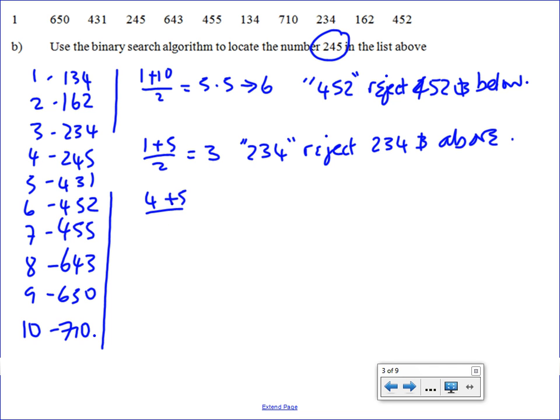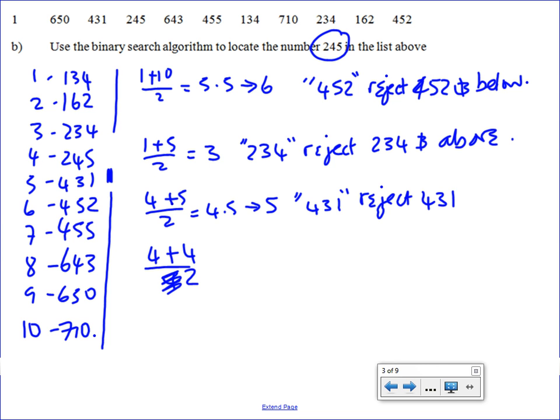4 add 5 over 2, which is 4.5, which goes to 5. Number 5 is 431, and we want something smaller than that. So we reject 431. We don't need to reject anything else because 431 is just on its own there. You could reject and below if you want, but you don't need to. That leaves us with a list of